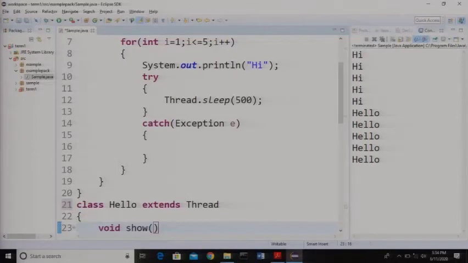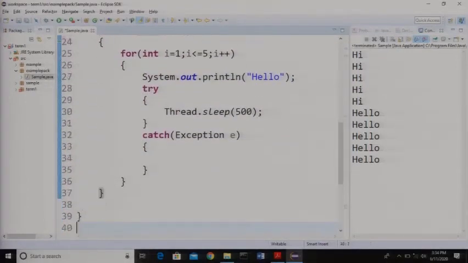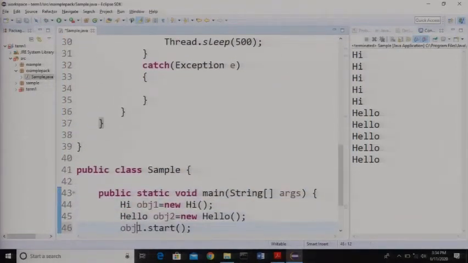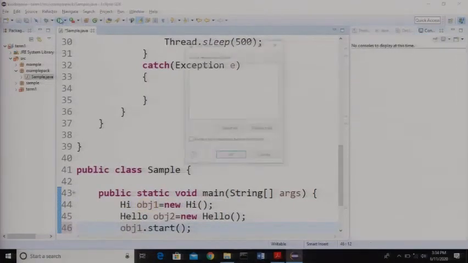So here again we need to change this show. Instead of show, we should have it as run. Correct. These are the changes that we did. Now execute this and check the output.